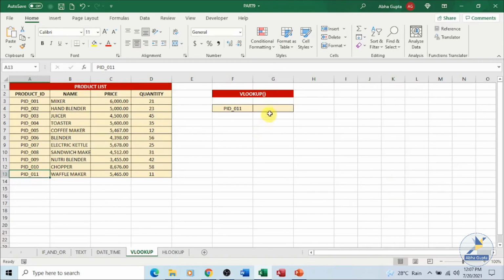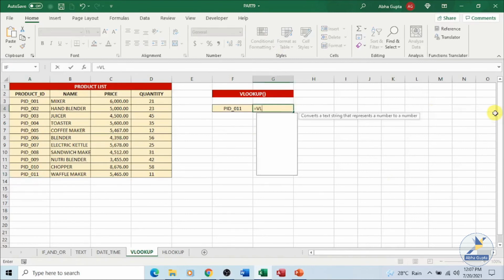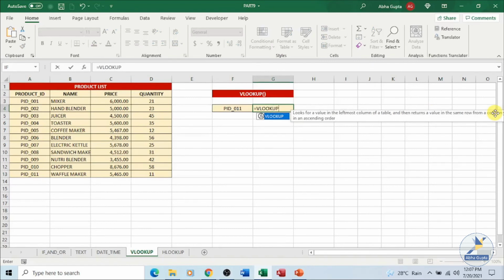So if we talk about the VLOOKUP function, if I type in VLOOKUP over here, you can see the arguments which we have to provide. The lookup value, the value you want to look up, say we have the product ID. The next one is the table array, your range of data in which you want to find the value and the return value. It will ask you for the index column, the number of the column within your defined range that contains the return value. Like if I say this one, this will be my lookup value.